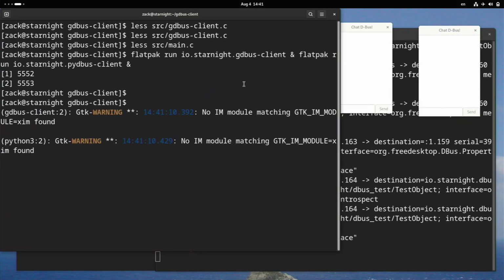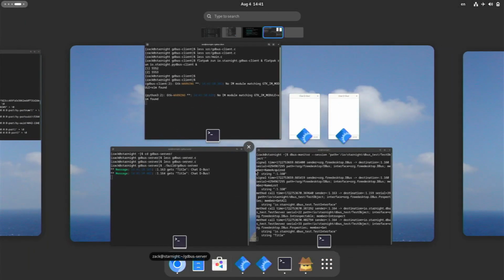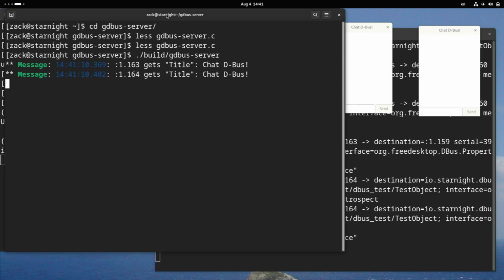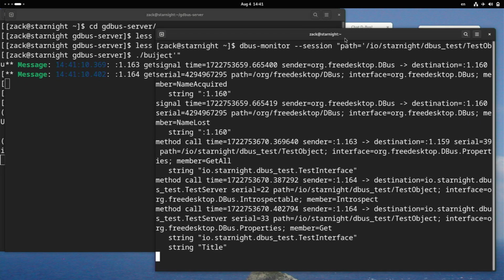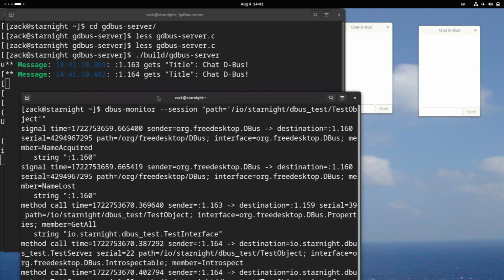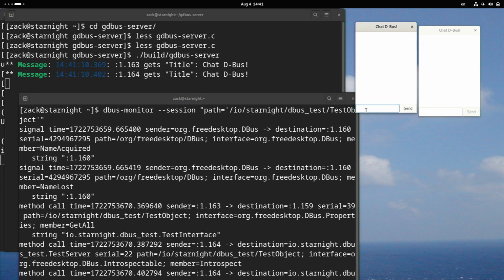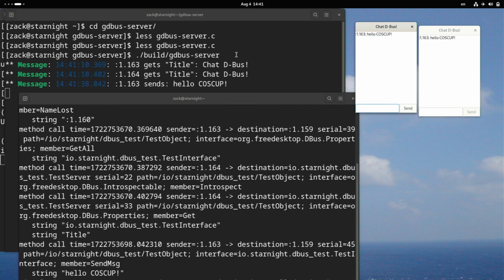and server here, and here is the debug monitor. Now let's send a message. For example, hello cost cap. Okay, so the GDBus server catches the send message method call and shows the message here: hello cost